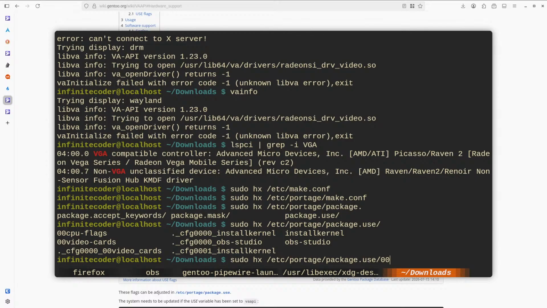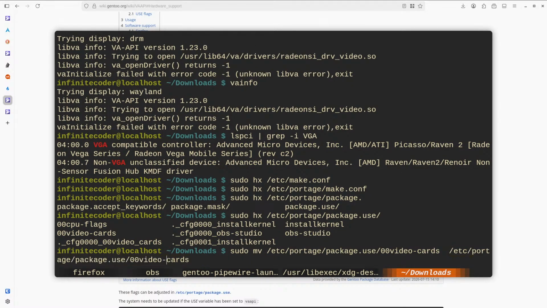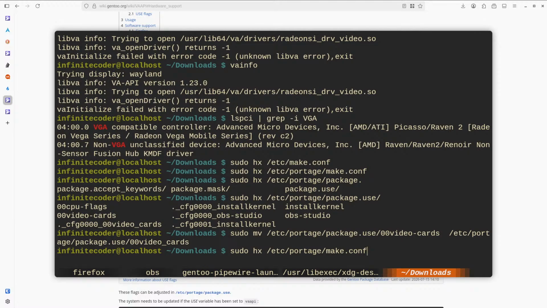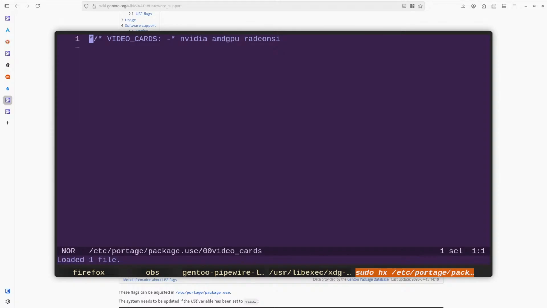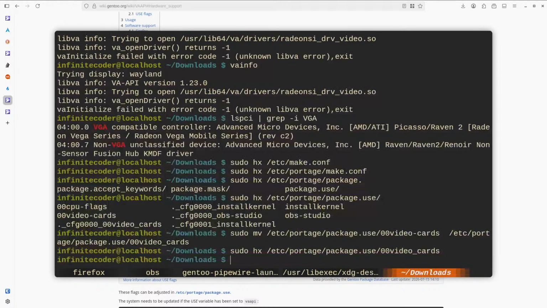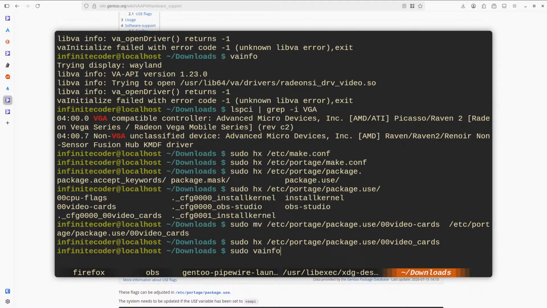So we have the video cards, which it did tell me to sudo mv. It did tell me to name it differently. It did tell me to name it video underscore cards. I don't think it matters much. Use 00 video cards. So we have NVIDIA, AMD GPU, Radeon SI. Now, I guess it's angry at NVIDIA. So if I drop NVIDIA, is it gonna be happy now?